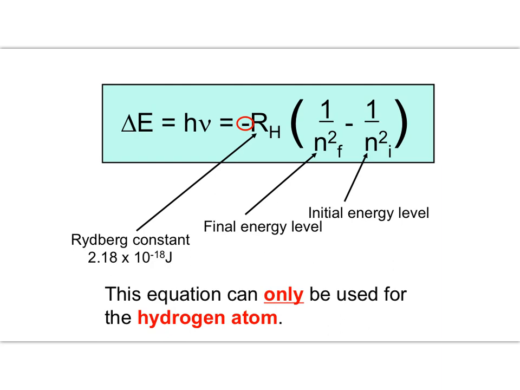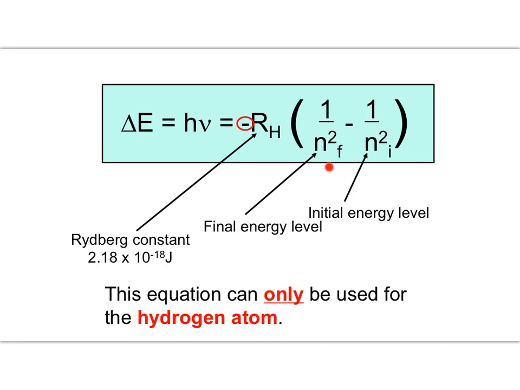The next equation from Chapter 6, you've got to know, it's the Rydberg equation. Now, it's important to note, here boldly, you can only use this equation for hydrogen atoms. So that's the big tell. The Rydberg constant is a very small number, about 10 to the minus 18 joules, and you're tracking